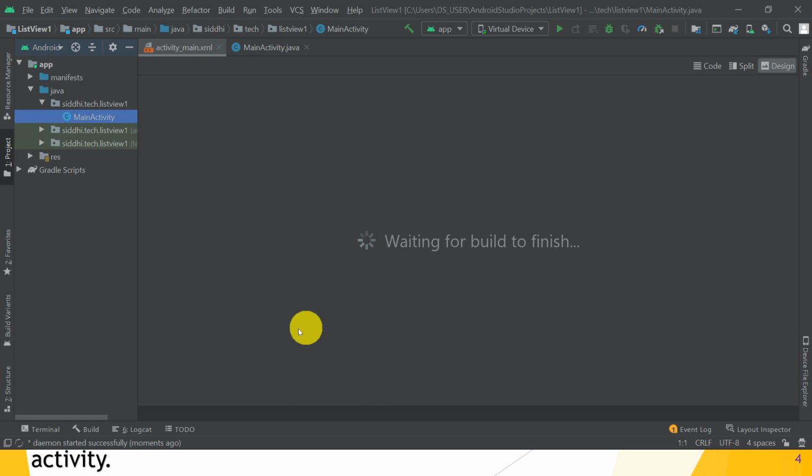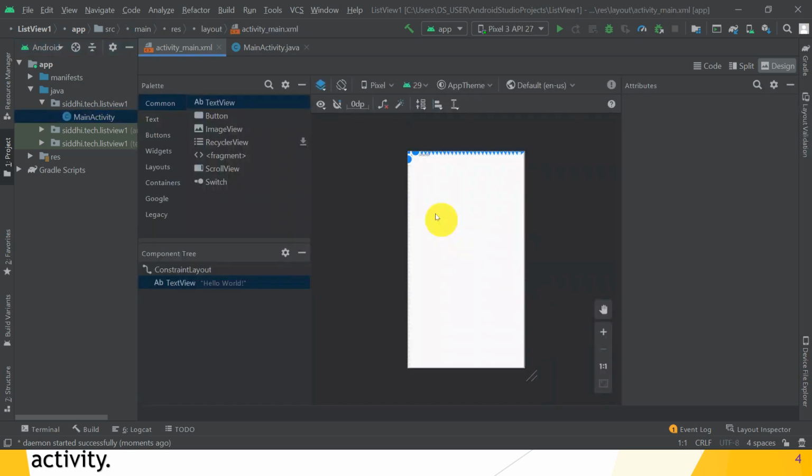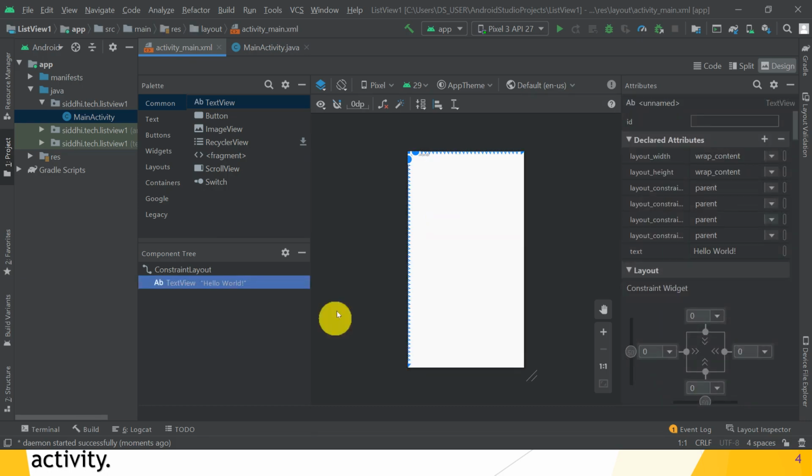Great. So now here is your text view. Wait some time. Great. So this is MainActivity.java, this is activity_main.xml. After that, what we have to do, first we have to remove this text view, hello world.